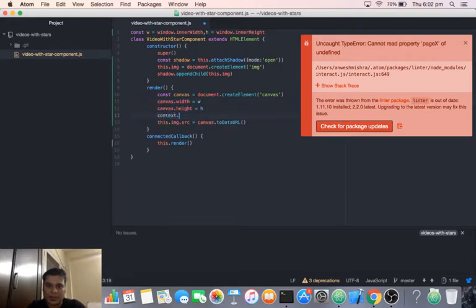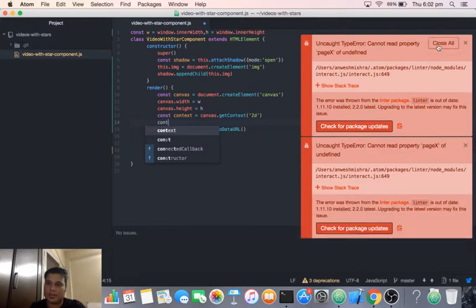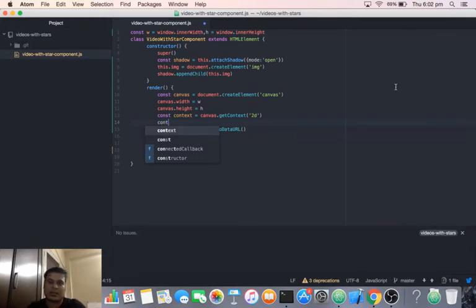And we'll create another variable called context, which will get the context of canvas 2D. Okay, so with this context we can draw certain shapes and certain colors. So let's draw a rectangle, 0 0 W comma H. I'm not setting any fill, so let's have the fill style as red. Okay, you will have a red rectangle here. So if I run this thing,